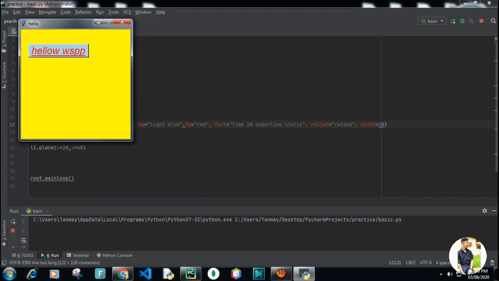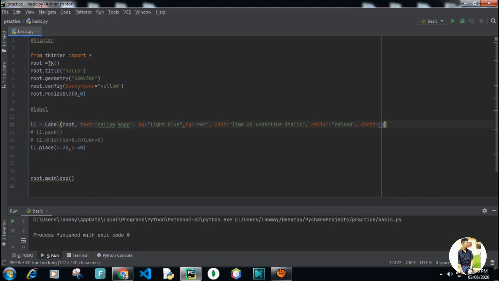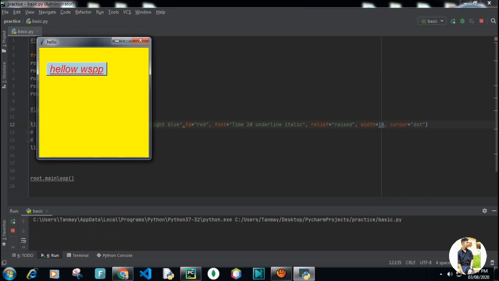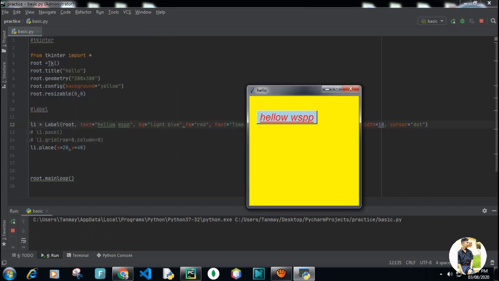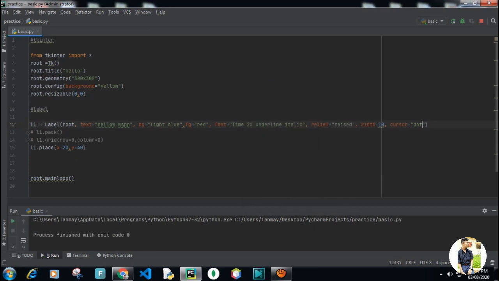And you can also set the cursor, meaning when we hover our mouse over our label, it will change to an arrow, or by default it is an arrow only. You can set it to dot also, like cursor is equal to dot. Let's see, while hovering over it, it is displaying a circle.